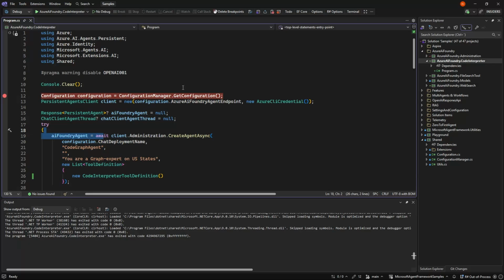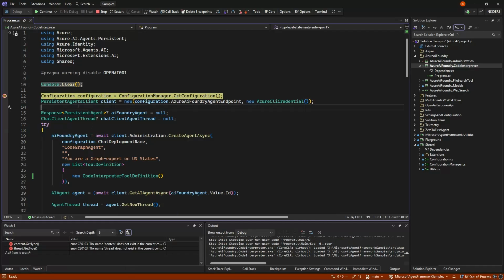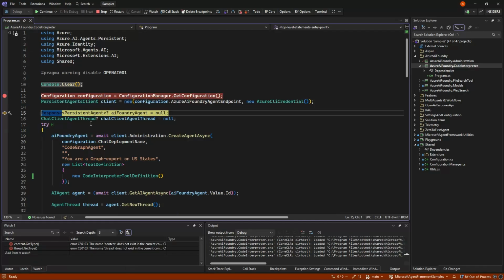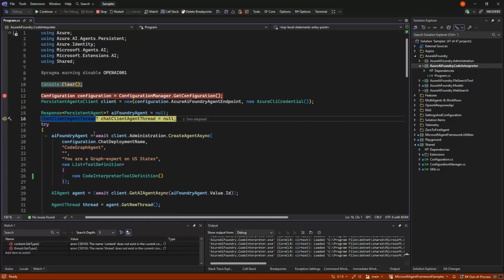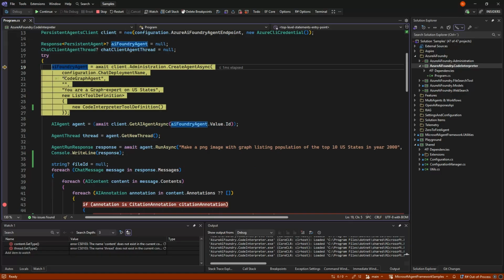So here I am in the sample code interpreter, and let's try to run it. We just make a normal persistent client, and we take our agent and thread so we can delete them later on. Then we make a code graph agent that can make some graphs over US state populations.